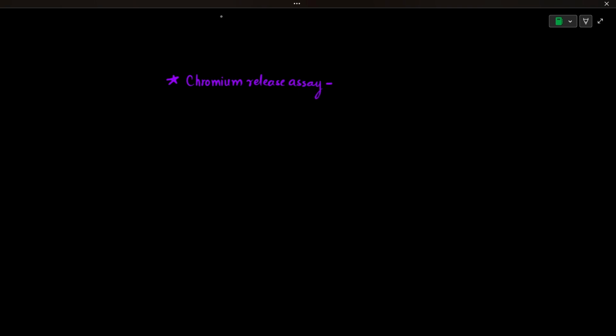Okay, so this chromium release assay used to give us the index of efficiency of natural killer cell mediated cytotoxicity. So how does this assay work? We provide the target cells with chromium salts. Chromium 51 is a radioactive chromium. So we used to provide chromium salts such as Na2CrO4. In this medium having the radioactive chromium, the cells were grown, and